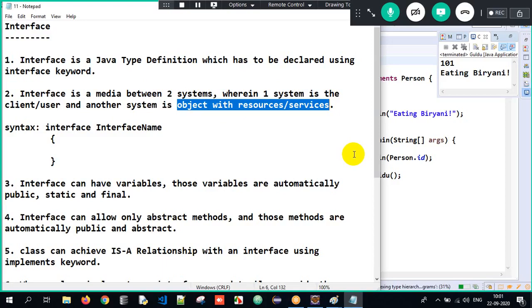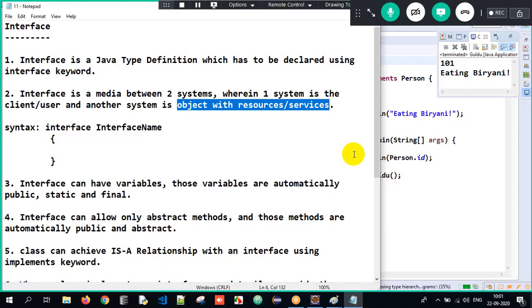Similarly over here, the interface between me and you is the online session, that is Java, correct? So that is the major reason here. What is connecting me and you? I'm a trainer and you're a student. So what is the connecting medium between you and me? I'm training Java and you're learning Java. So Java is the medium, the interface between me and you, correct? This is all about it.